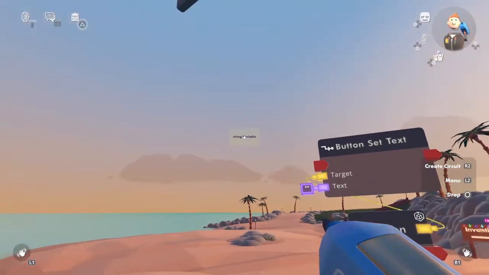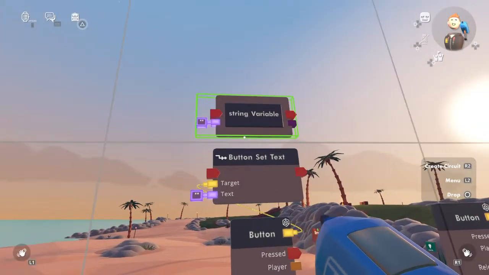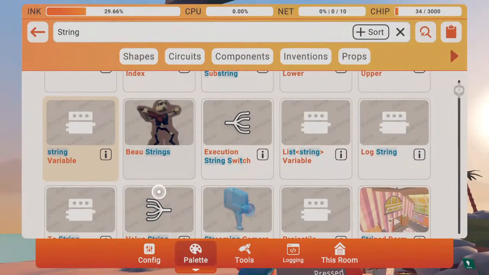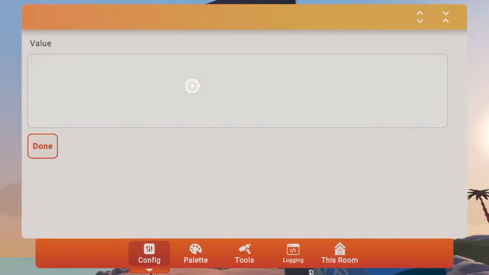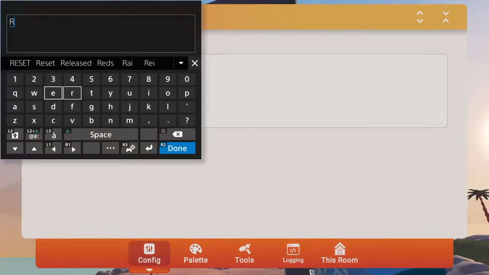Here we go. If I put my string variable up there, and I create a string variable, I can go to configure this variable, make the value